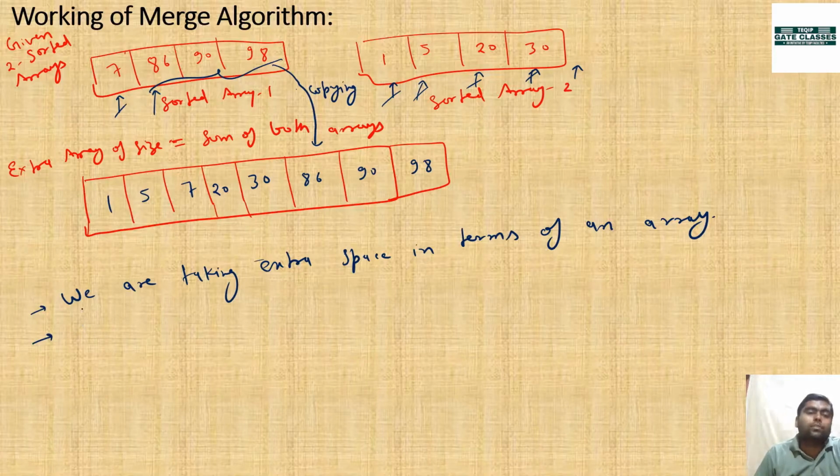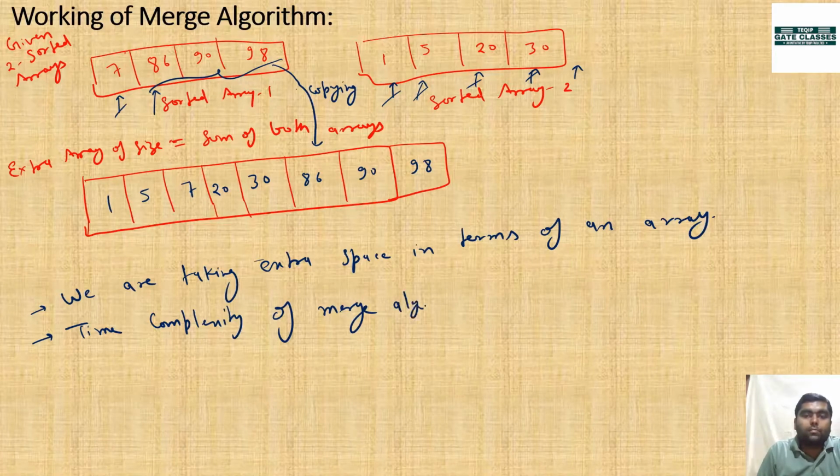And how much time will the merge algorithm take? So अगर ये n elements का list है first, दूसरा भी n का है, तो maximum इसमें 2n, and in some way anyhow we are comparing n elements. So what is the time complexity of the merge algorithm? It is nothing but order of n.